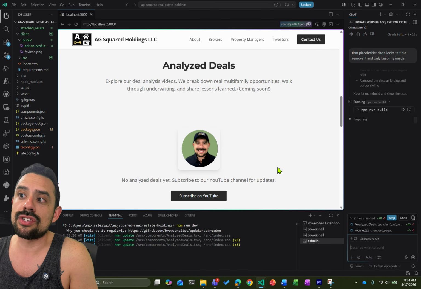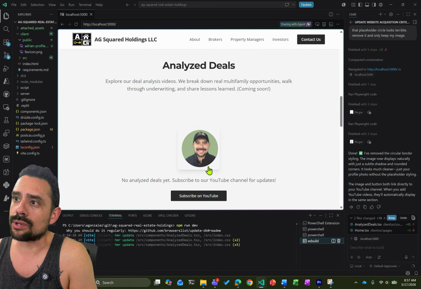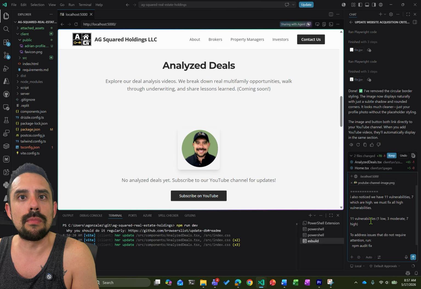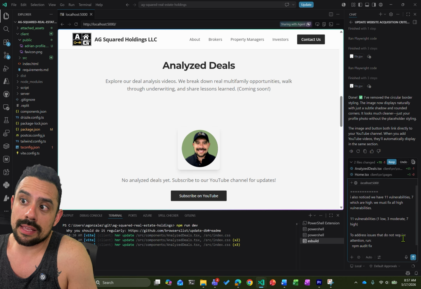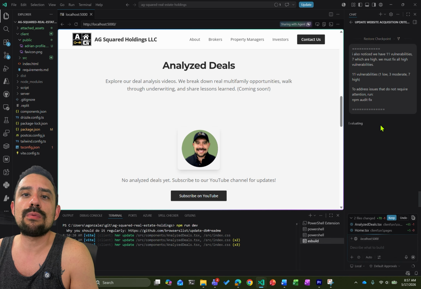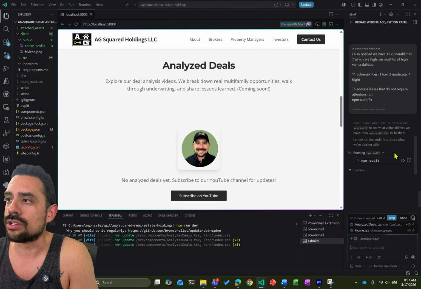so I can tell it just to remove it. And as you see here, it's not just a matter of removing that border. It went ahead and applied CSS and styling to it to make it look more appealing. And I actually like the way it turned out. So we're gonna go ahead and accept all of this and now submit the more important issue, which is all